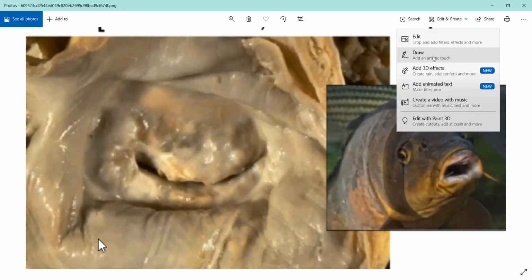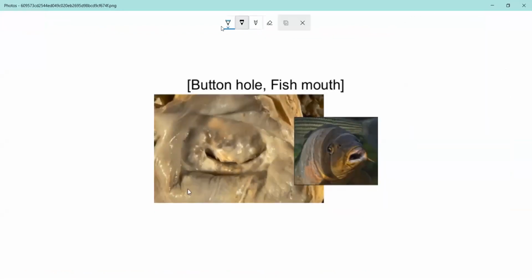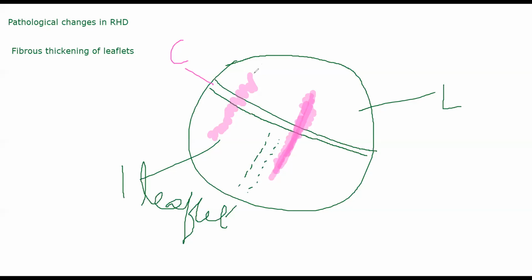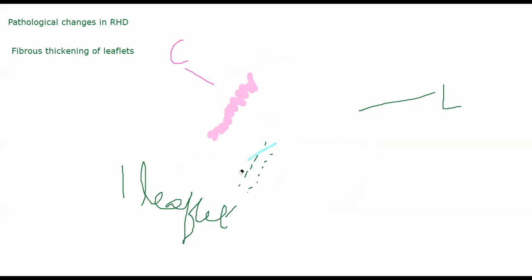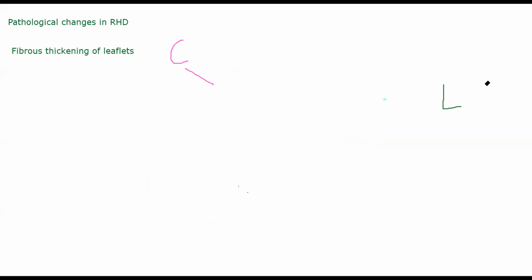So if you focus on this area, see, I'm not able to enlarge it and show it here, but see this area. This is the area where bridging fibrosis is occurring. A small bridge-like structure is formed, and this whole valve commissure starts looking like the mouth of a fish. Okay, similarity. Right? That is why it is called fish mouth or buttonhole kind of stenosis. All right. So that will happen in rheumatic heart disease. So fissures are formed like this, fibrosis is formed like this across the commissure, creating a fish mouth. What do you call this thing? Stenosis. So let me write it down.